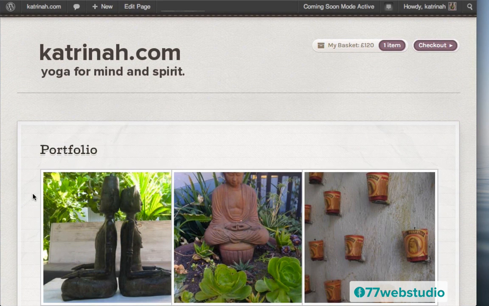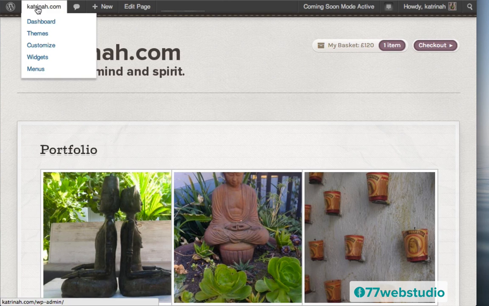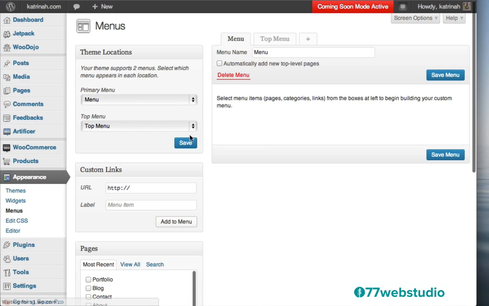Okay, so we've created all the pages. Let's go ahead and start adding them to our menu bar up here. So I'm going to go to the menu page by hovering over the website name, and then I'm going to go directly to the menus by clicking on Menus right here. And here we are on the menu screen. So note before I mentioned that I really just want to have that top menu.